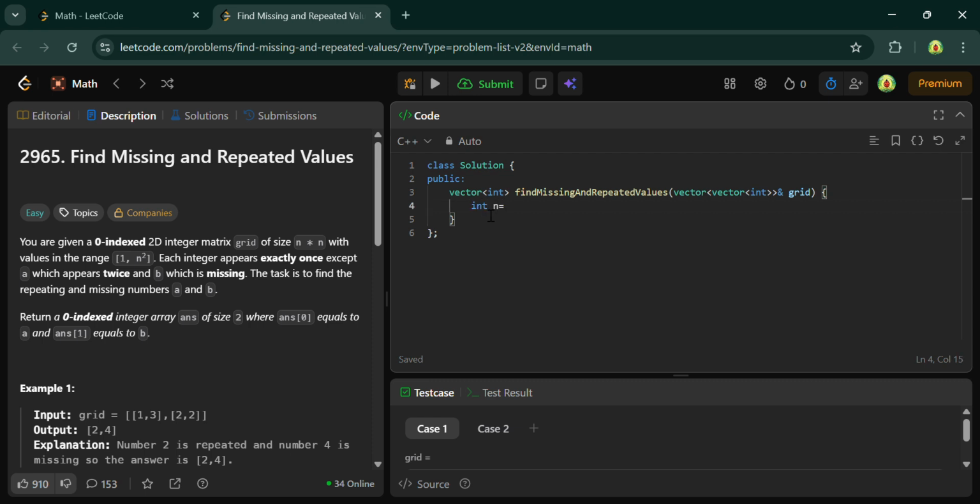int n equals grid.size(). This will store the size of the grid, and then vector<int> frequency, which will store the n cross n plus 1, comma 0. Okay, I created a vector frequency which is of size n cross n plus 1 and all the elements are initially 0, and then I will traverse